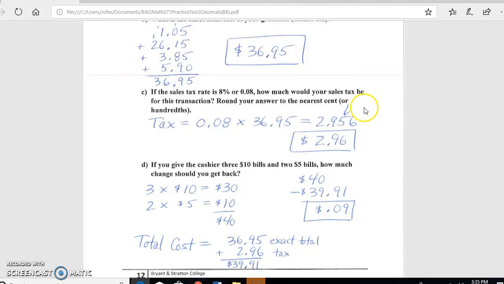But with money, we always have to round at the hundredths place, which is the second decimal place to the right of the decimal point. So we're going to round at the 5, and we always look at the number to the right of that, and it's a 6, which is 5 or greater, and that means we're going to round that 5 up to a 6, and the total tax is going to be